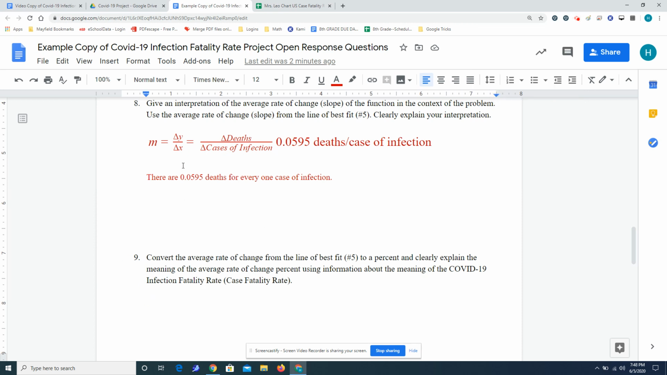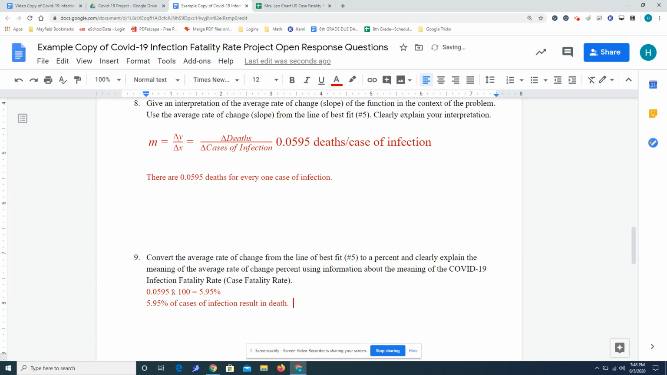So as I said, let's convert that to a percent. And we change things to a percent by multiplying by 100. So if I do 0.0595 times 100, I'm going to get 5.95%. Okay, so I changed this to a percent. Now, what does that mean? Okay, well, we talked about this in the introduction video, that means 5.95% of cases of infection result in death,